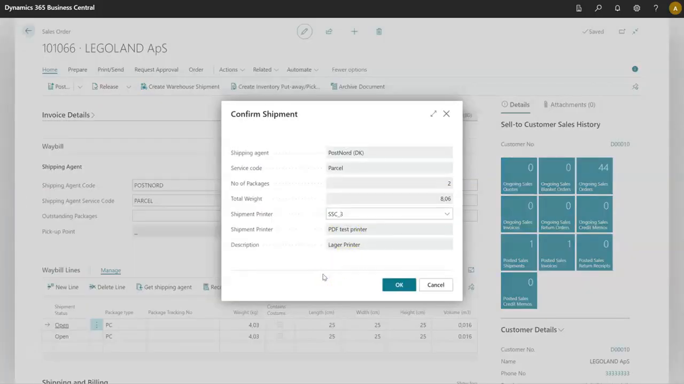Once I hit Send, I will get this confirmation, and it's just letting me know you're using PostNord as your shipping agent, the service code is parcel, you're sending out 2 packages, the total weight is 8.06 kilos, and the printer you're printing on is this PDF test printer that I'm using. Once you hit OK,